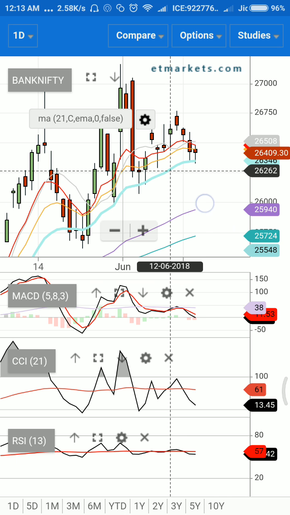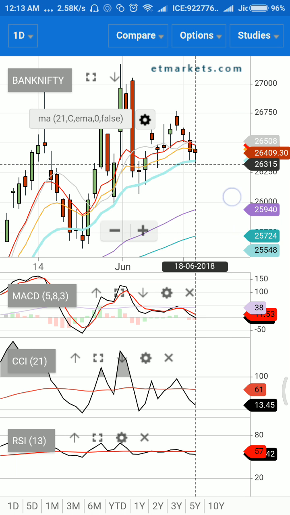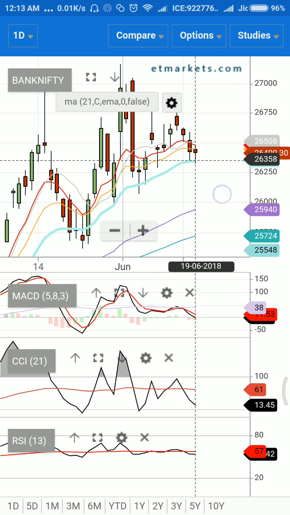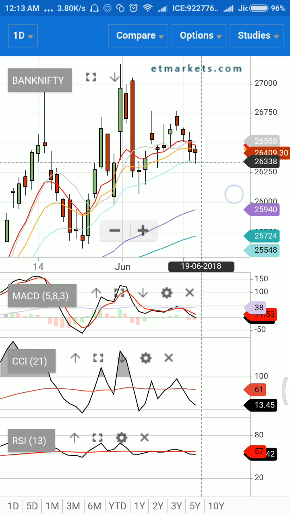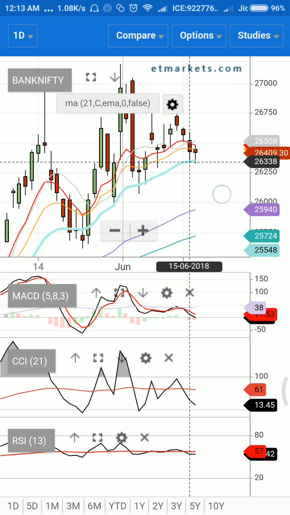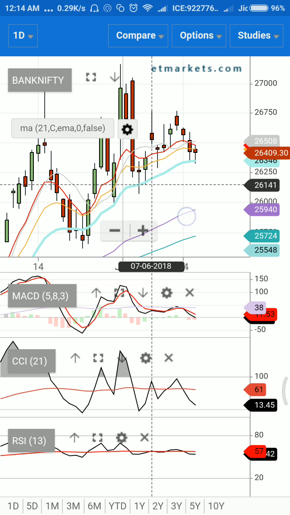if you see any green move from this particular level, because this particular level has been acting as a support for the market, then you can definitely create a bullish position with a short expectation of a gap up move. And if you see this particular level getting breached, then you can definitely expect the next target could be